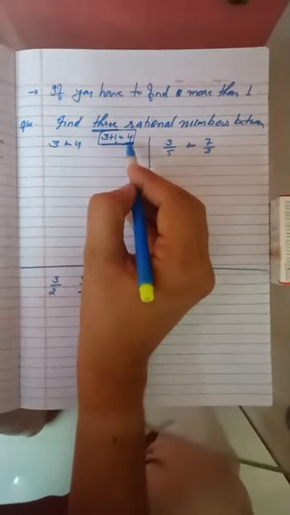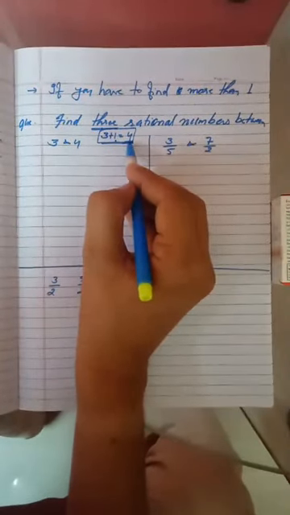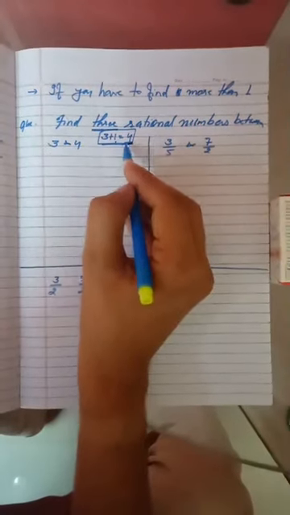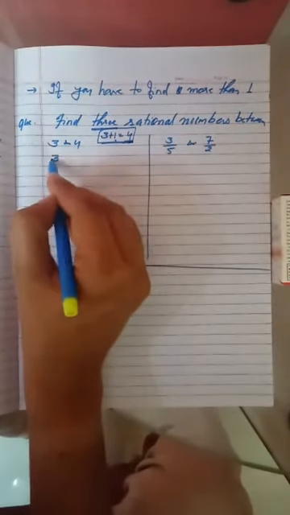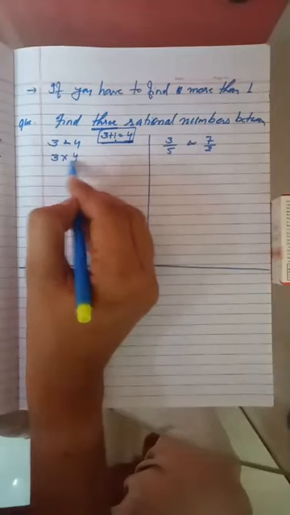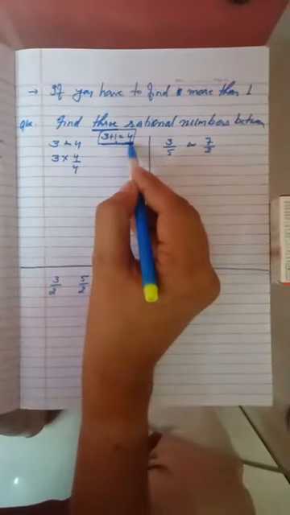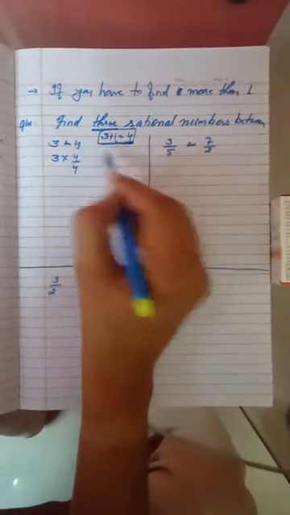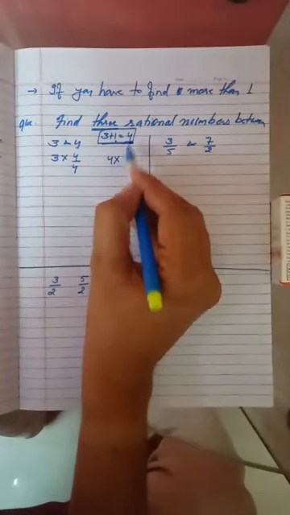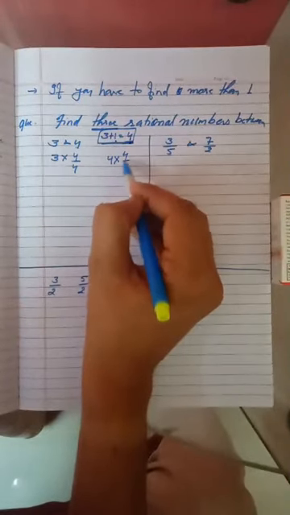Now you have to operate with 4. What do you have to do with 4? Your first number is multiplied and divided by 4. The 4 comes from here. And your second number is again multiplied and divided by 4.